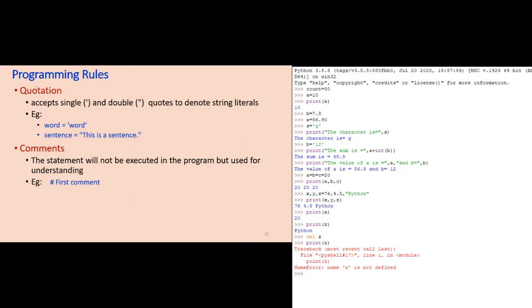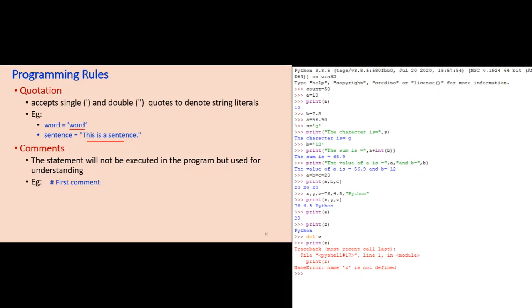And there are some programming rules to be followed. For example, if I want to assign a string value to a variable, it can be given within single quotation, double quotation, or triple quotation. For the first time, we are seeing single quotation and double quotation. Word equal to word. Even if it is a single character or an entire string, it can be given within single quotation or double quotation.